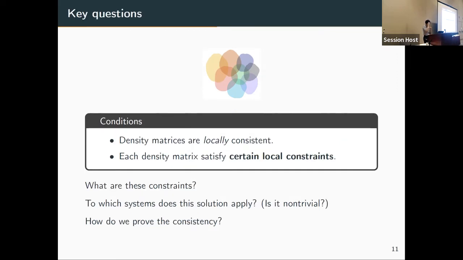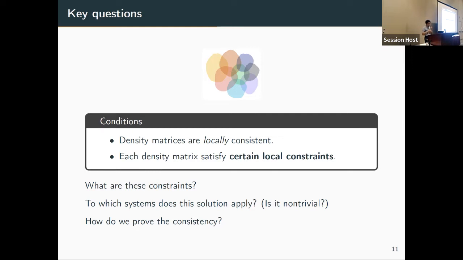That said, we have 3 questions that I want to address in this talk. One is, what exactly is this condition? What is this mysterious condition? And the second thing is, you might be wondering, maybe this condition is too strong. So maybe it only applies to a very select set of states. For example, maybe it secretly implies that there is a global state, but that global state is a tensor product state, which would be kind of boring. So I'll address that issue.